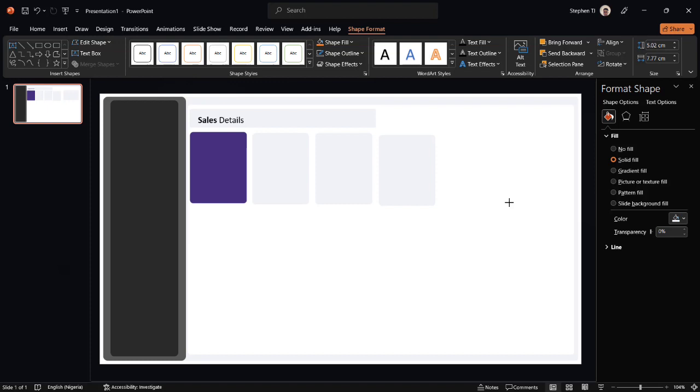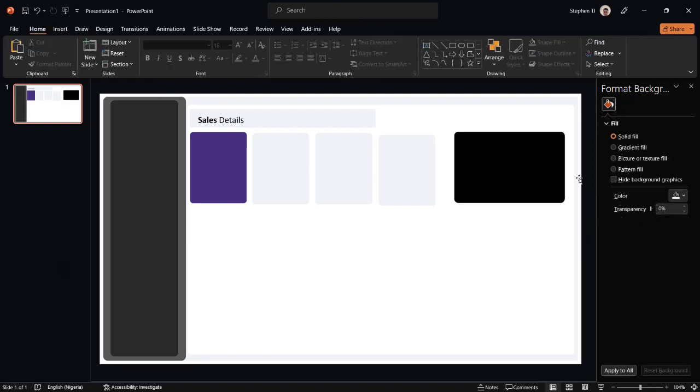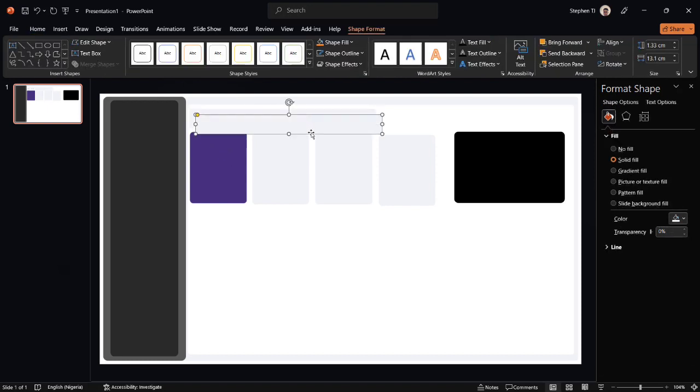Then yes, so I'm going to make this one black. Okay, and then okay, so I'm going to duplicate what I have here, put it somewhere here,